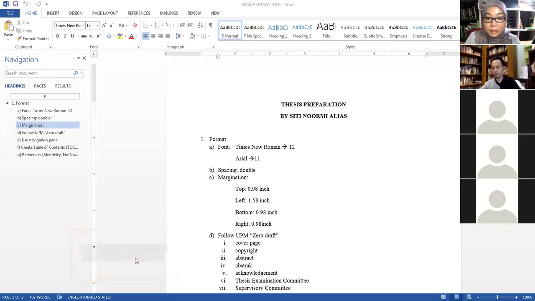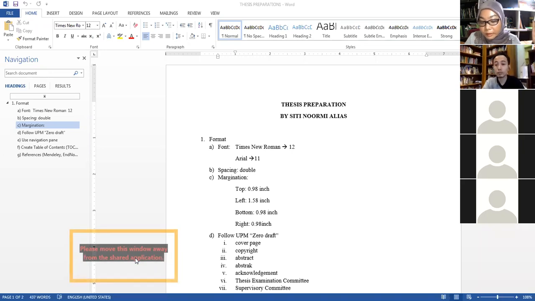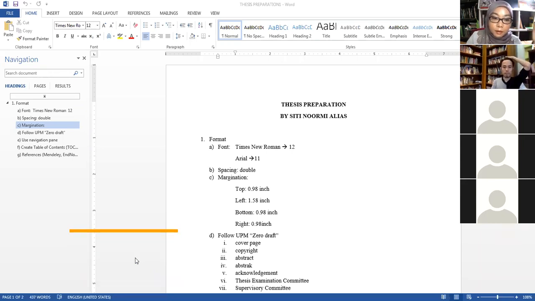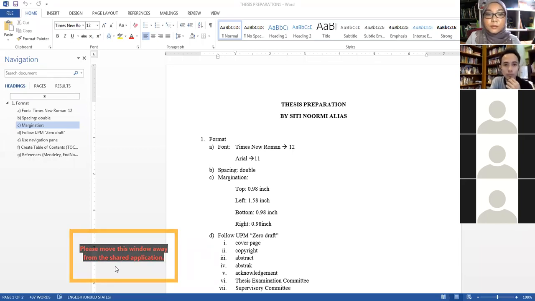Based on my experience attending research method class, we basically have two assignments. One assignment is related to journal review. Last time I think it was about 15 journals: 5 qualitative, 5 quantitative, and 5 mixed method journals, so 15 journals for each student. And then you also need to prepare your proposal, chapters 1 to 3.